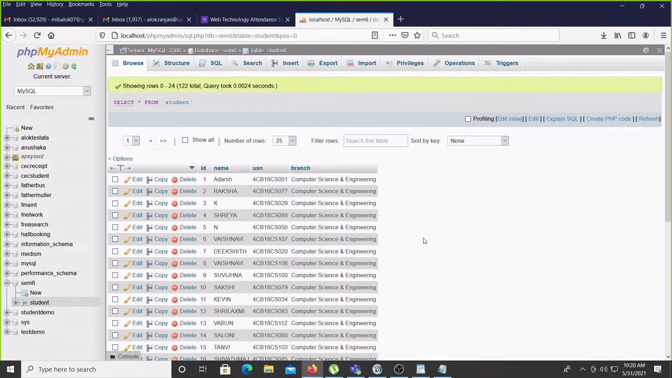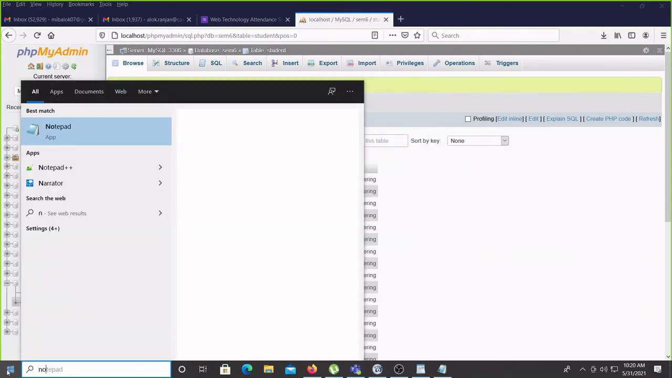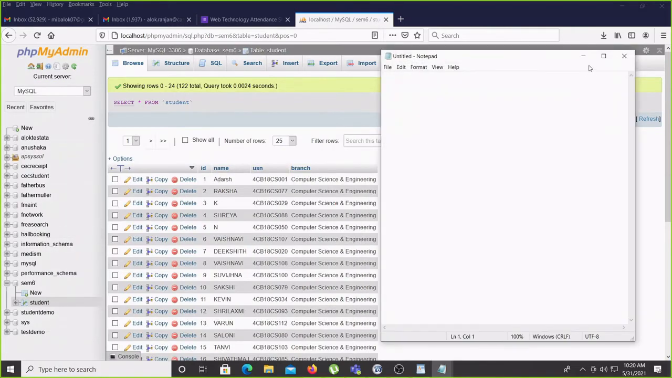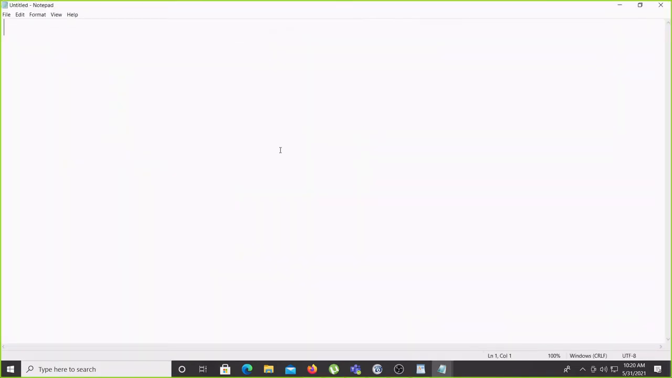So this backend part I did. Now start Notepad, or whatever editor you have, use that, we don't have any problem. Then we have to write, this is the HTML file. So doctype HTML, then html, head, title: PHP and MySQL